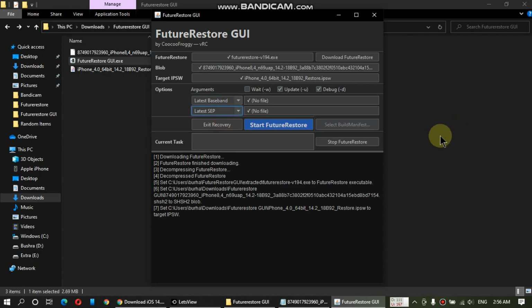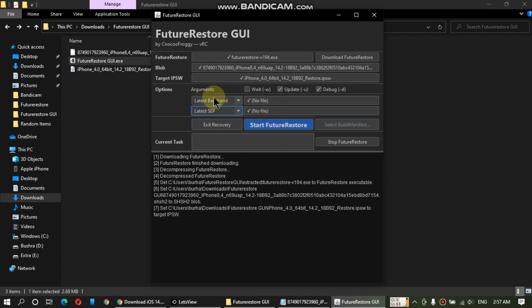If you want to see how to extract those basebands and SEPs manually, you can see the link in the description. There is a complete guide that you can use to downgrade using the Windows CMD method. That one is very easy also. Now when you have selected everything, just click on Start Future Restore.